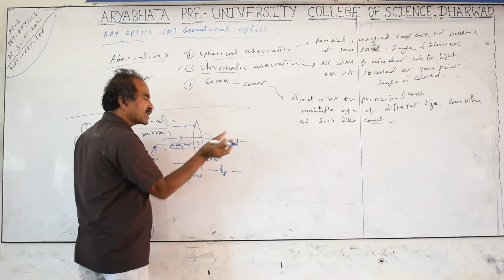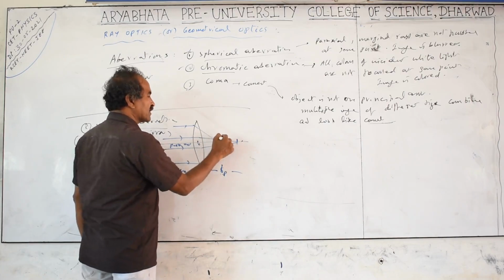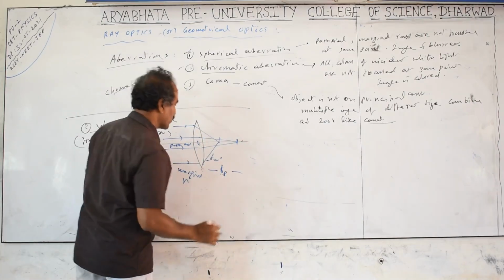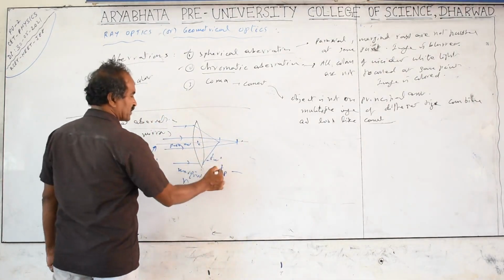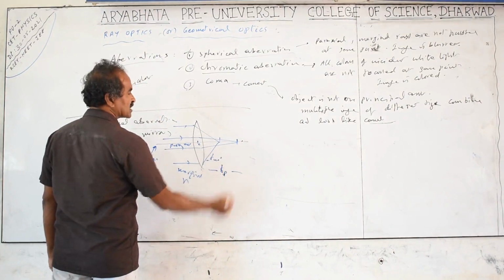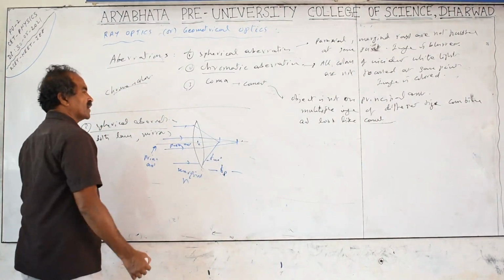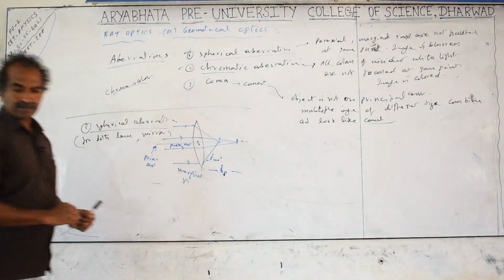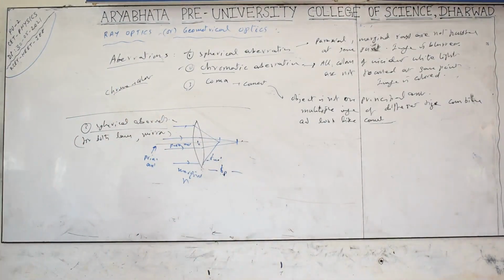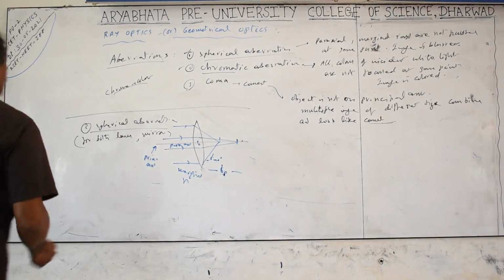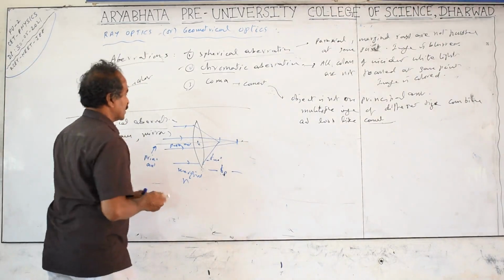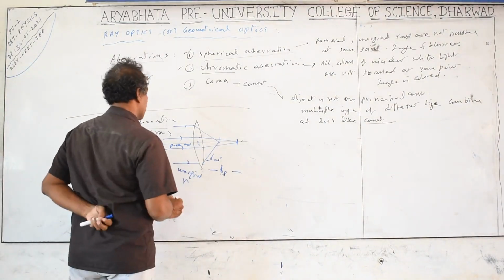We are taking it as a conical circle of light rays coming. So the circle of least confusion will be in between, but that is not important for us. The more the difference between the paraxial rays and marginal rays, the more the spherical aberration. How do we avoid it? To avoid it, we take a combination of lenses. Instead of a single lens, we take the help of combination lenses.